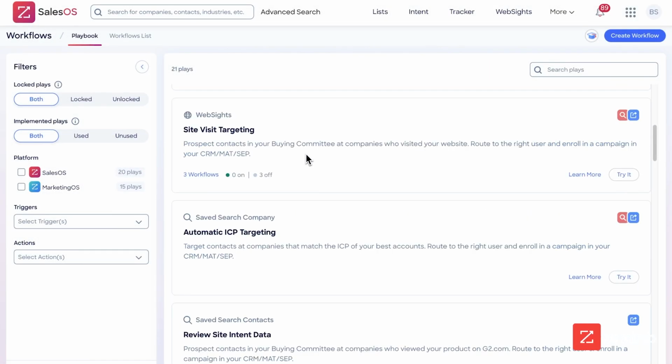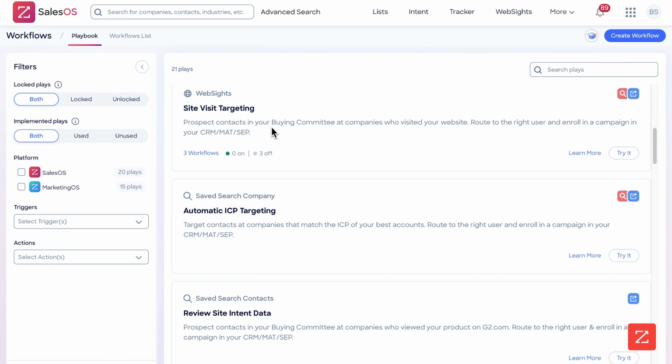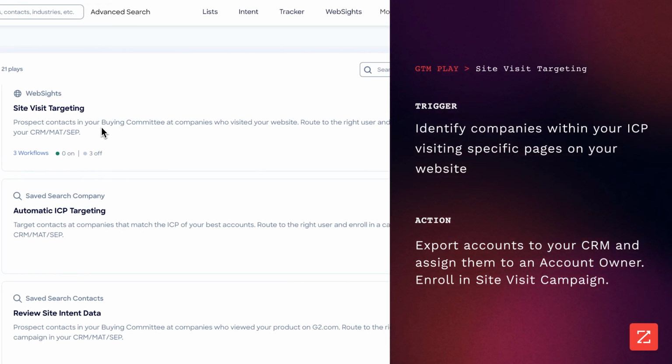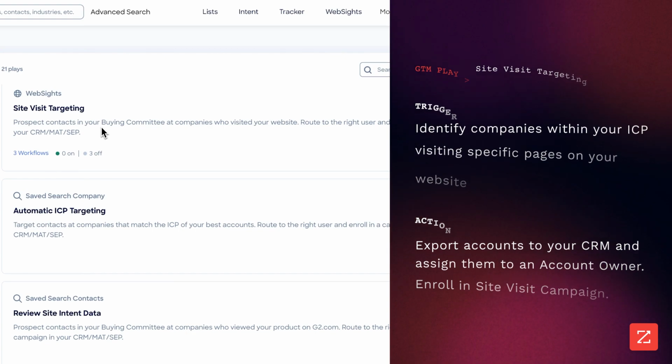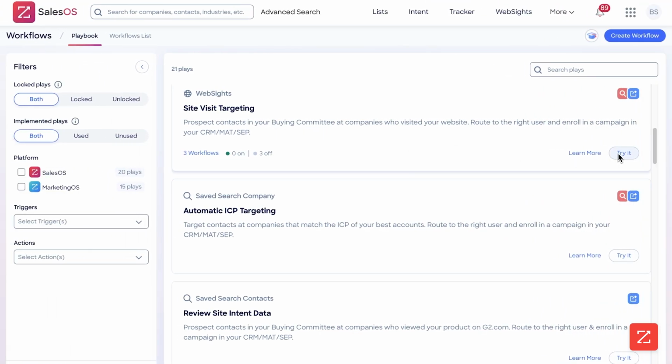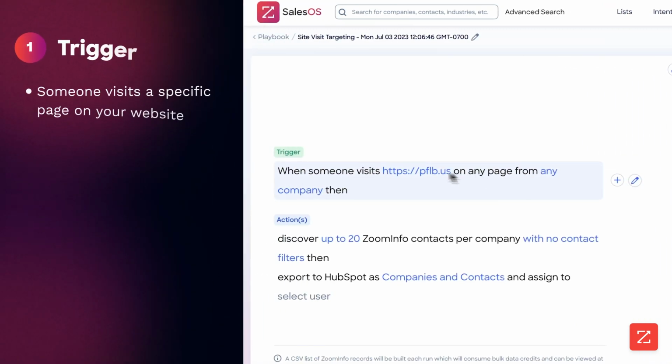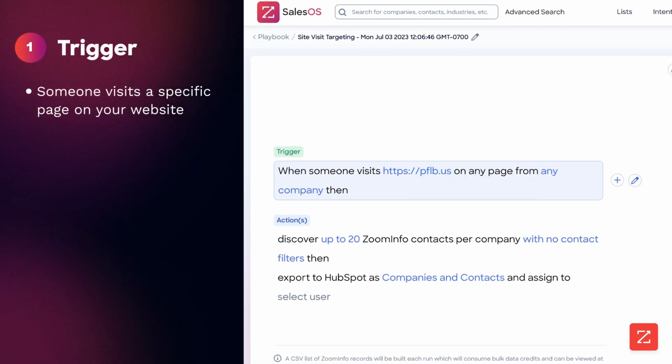Okay, so now we're going to do site visit targeting. What site visit targeting means is that if somebody visits your site or a specific web page on your site, it will then trigger the workflow and then we'll take an action based off that. So to get started, we click try it,